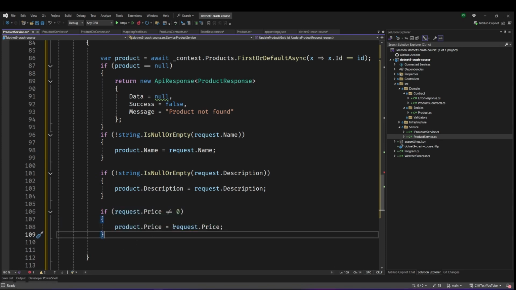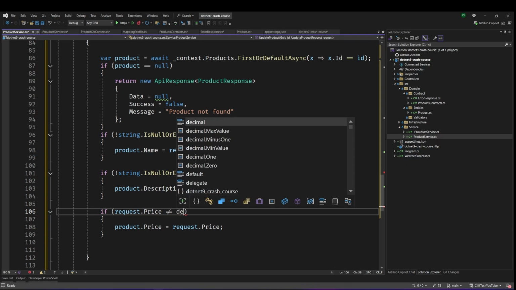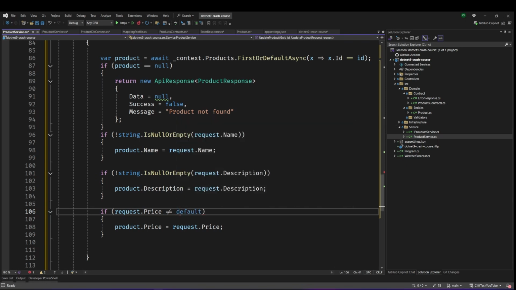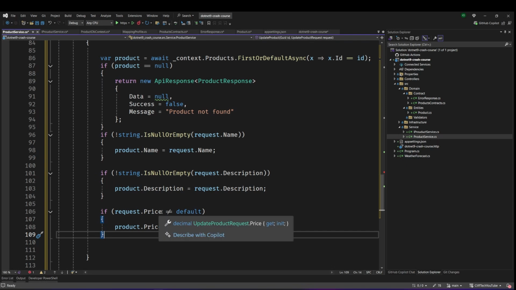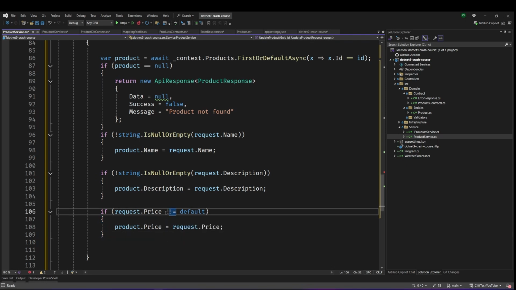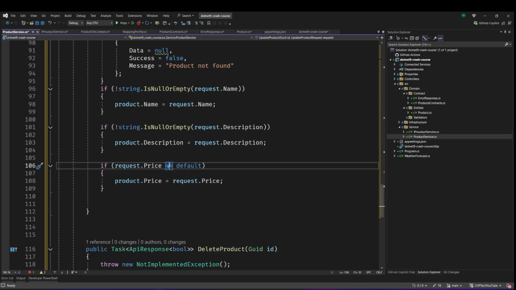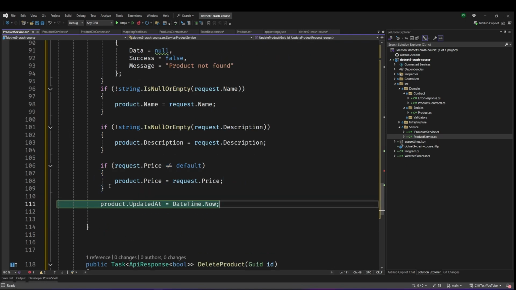But if we want, we can also say that keep the default. Let's make it more something like this. We say that it's equal to default, right? So it's equal to default, something like this. So if we keep on the default, we keep on the default stuff, right? Okay, good. So when we keep on the default for the price here, we want to